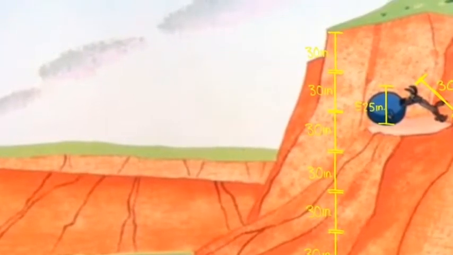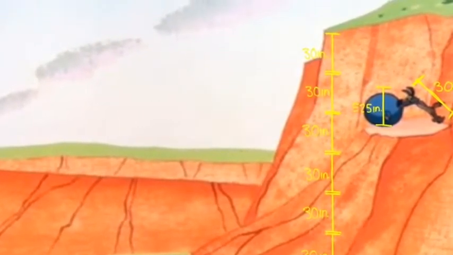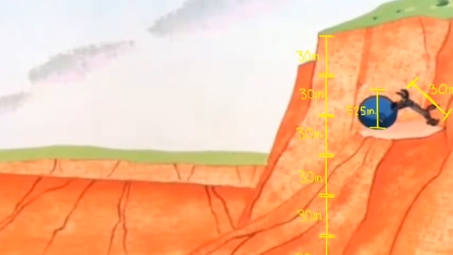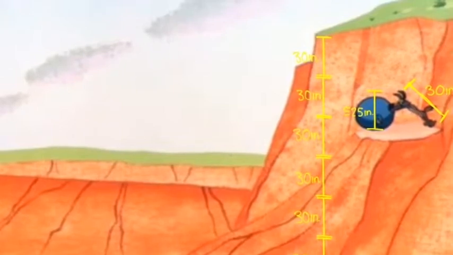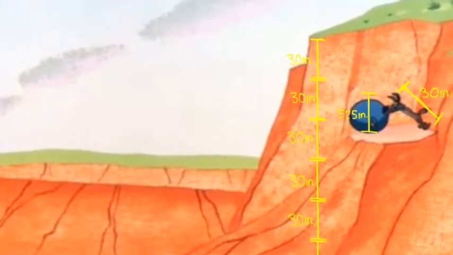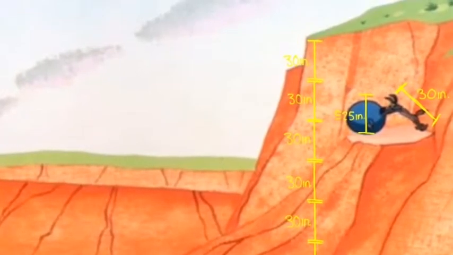Also using Google, I was able to see that the average weight of a coyote is 30 pounds, which is 13.6 kilograms. The mass of the cannonball was easy to find because I used my scale to see that it was about 0.25 meters, which makes the mass of the cannonball, using iron, 19.1 kilograms.